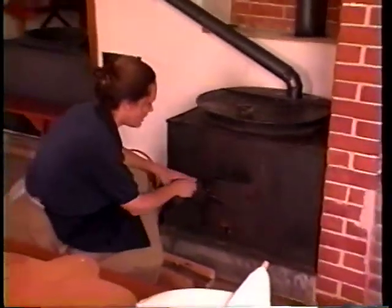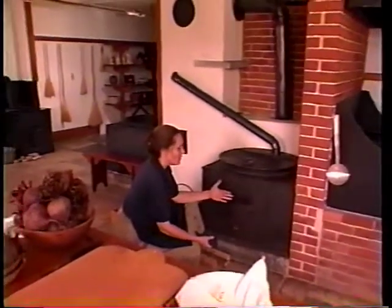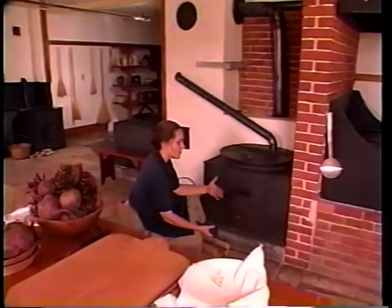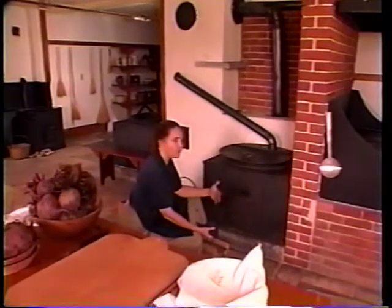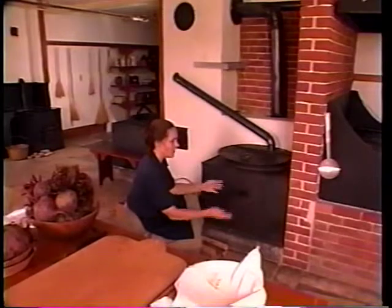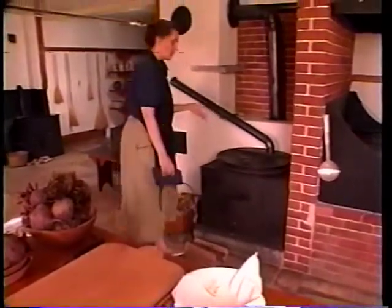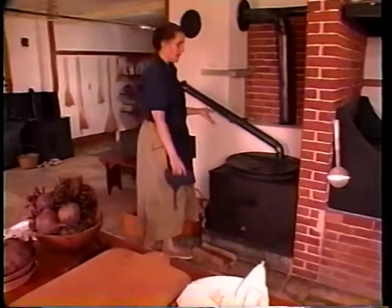This fire is doing great. One of the nice things, in addition to being well insulated so that it doesn't throw off much heat into the kitchen, about having a kettle set into a firebox like this is that the fire is completely enclosed. And, well, in the early 19th century, most